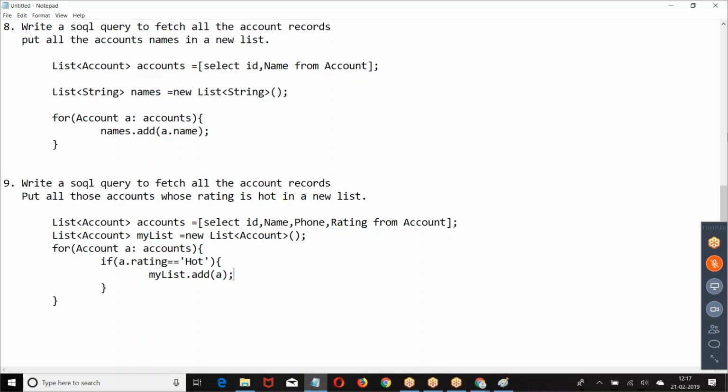Right, now what I'm doing, I'm putting all those accounts whose rating is hot in a separate list. Please don't copy, make an attempt.